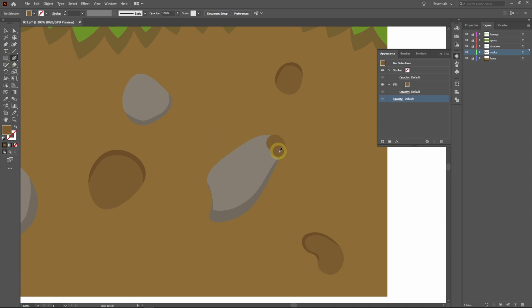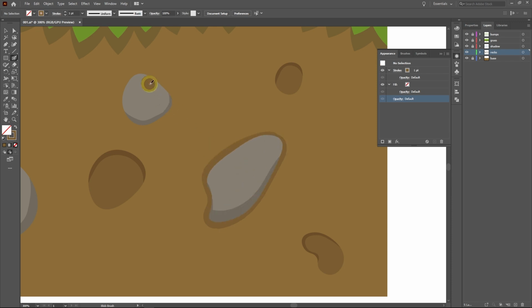Now, if we just make it like this, the newly created shape will cover the existing rock shape. Of course, we can just use the send to back command to rearrange the shapes. But I want to show you a feature called the draw behind mode. To activate this mode, you can click on this button, or you can also press Shift D. If this mode is active, every time we create a new shape, it will be immediately placed behind the existing objects.